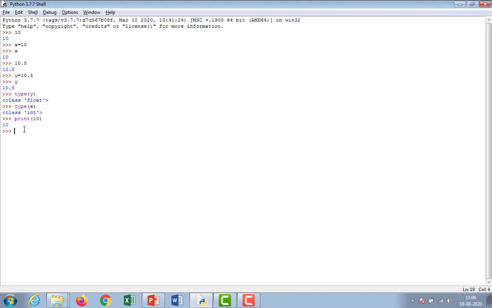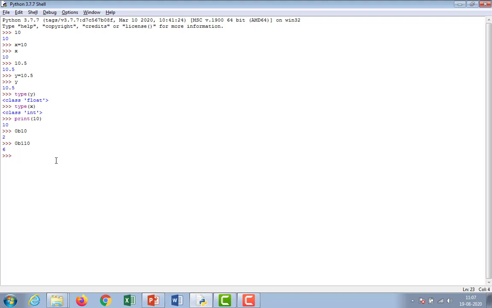So 0b10, enter. The output is displayed in decimal format. The binary number 10 is 2. If you take 0b110, the output is 6.